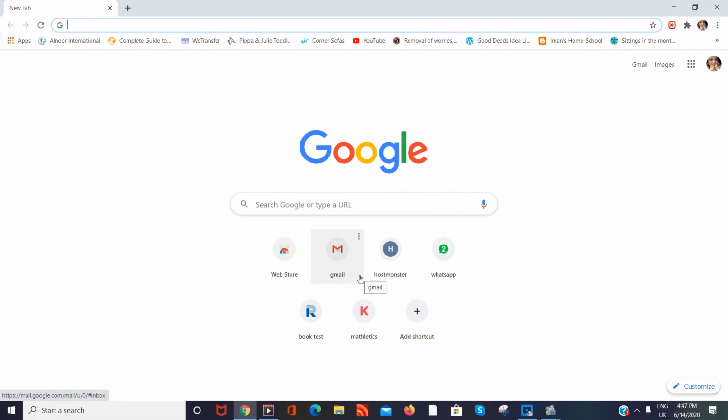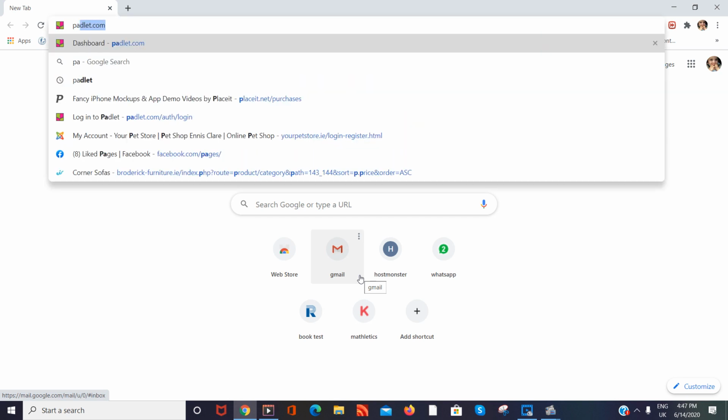Padlet is a website where you can design anything from canvases to timelines. Okay, first things first, go on to padlet.com